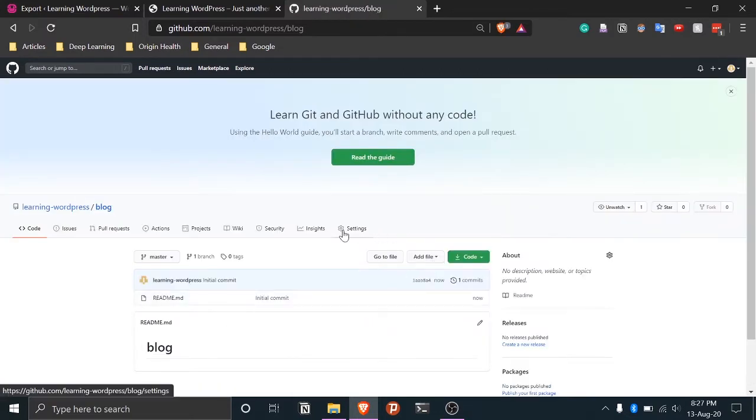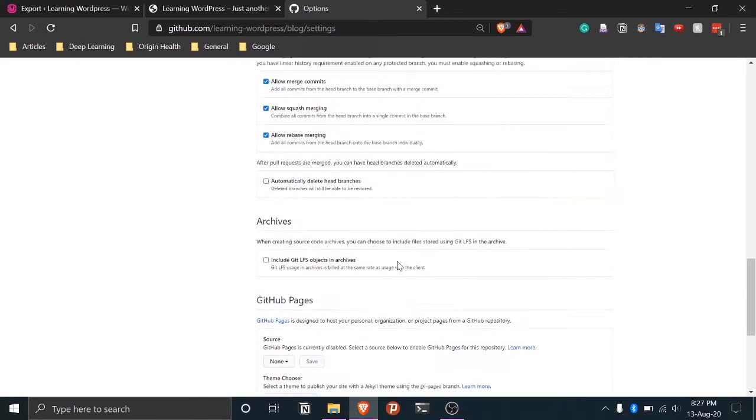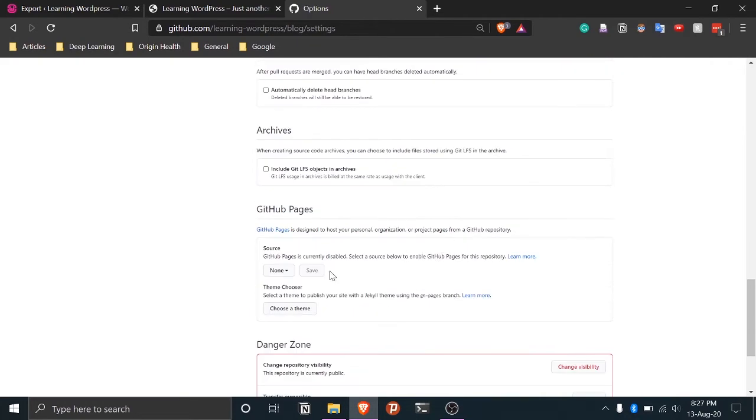Once this is done, we'll go to the settings, scroll down to the GitHub Pages section. By default it is set to none, so we'll choose the master branch. Once this is done, we'll do save.